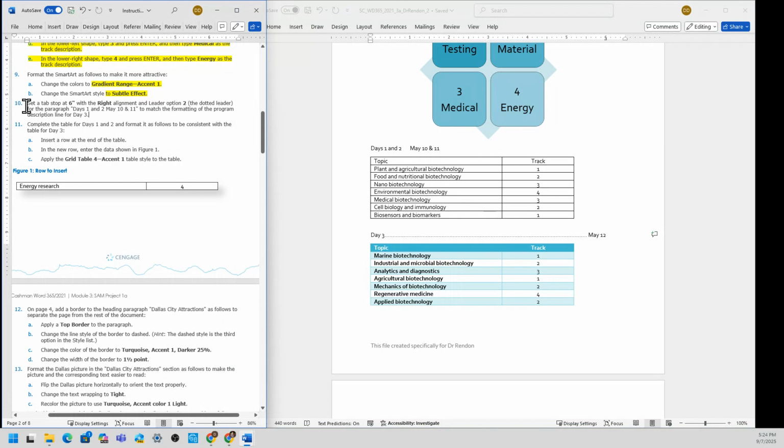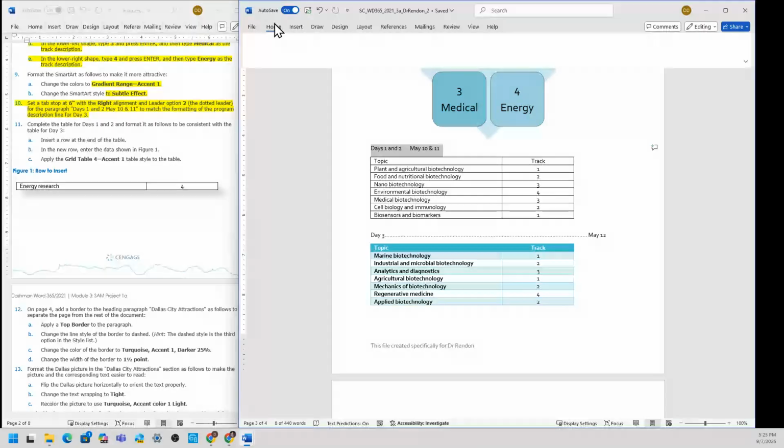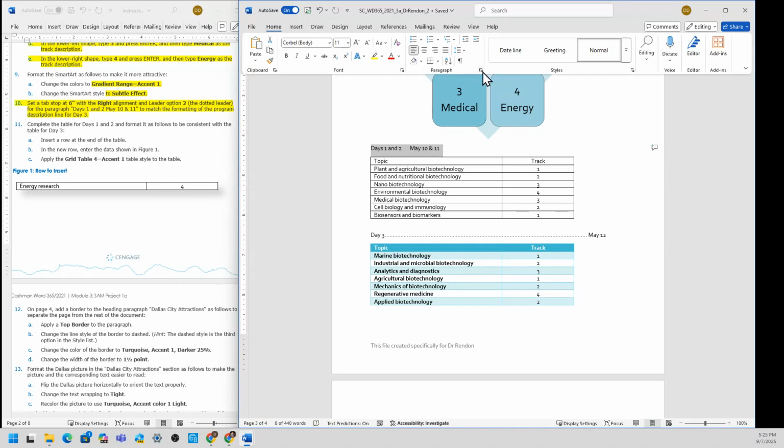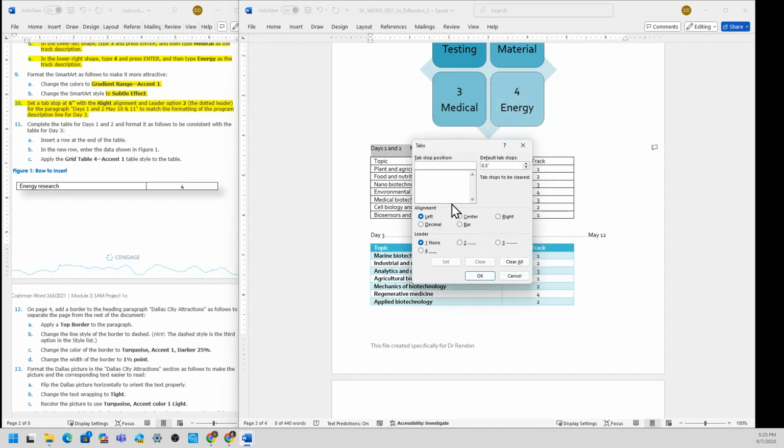Okay, so just going to highlight that one, and then I'm going to highlight this days 1 and 2, May 10 and 11. Now to make the change, I'm going to select the home tab, and under the paragraph ribbon, select tab.